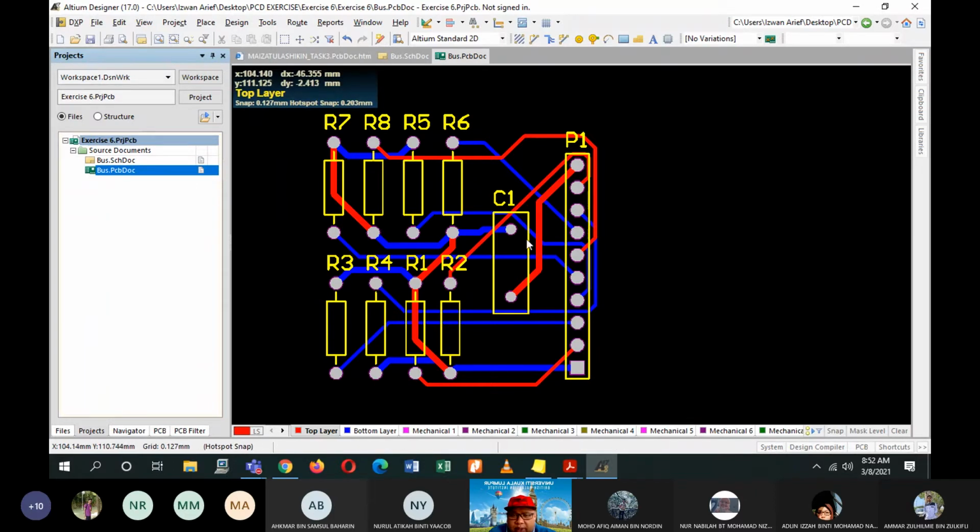But the one with the larger size is for your ground or for your VCC. So it will go around 0.7 or 0.8 mil lah. Sebab tu you nampak ada yang tebal, ada yang nipis. So that you know which are the interconnections between the components, and which are the connections between the components with the VCC or ground.